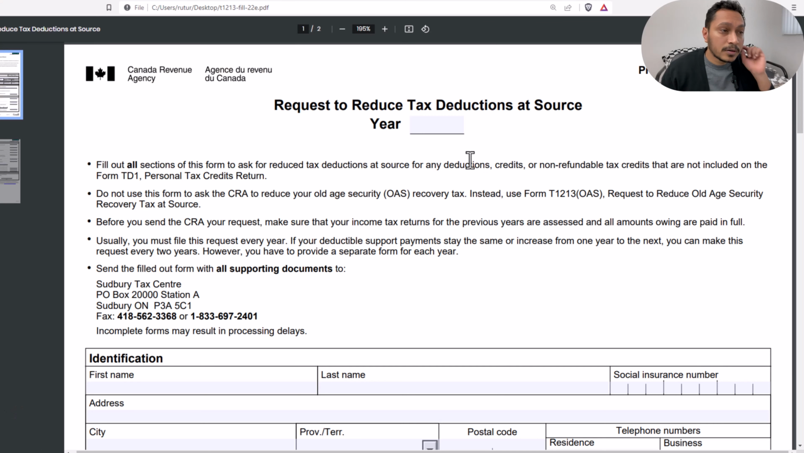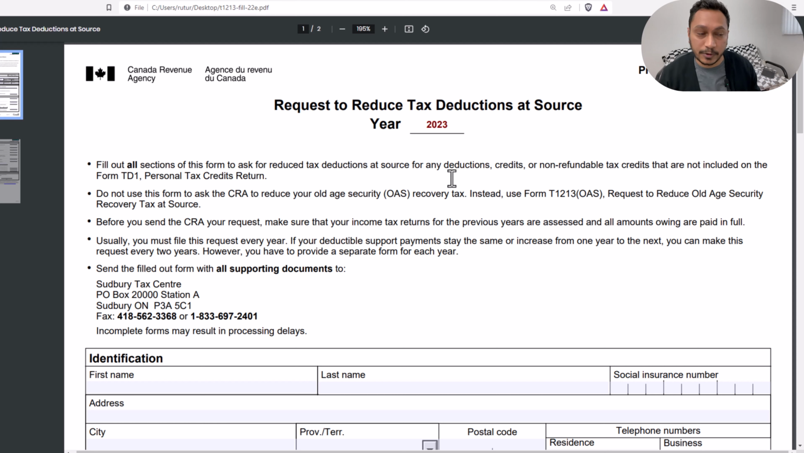Now, first of all, as we see, this is a request to reduce the tax deduction at the source, and in this year you will have to enter the year where you want the tax to be reduced in your paycheck. So in this case, we'll be entering 2023 because this is the current year and I want to reduce the tax in my current year. Ideally, you would want to fill out this form before the end of the year so that you can get the information back from the CRA before the start of the next year,